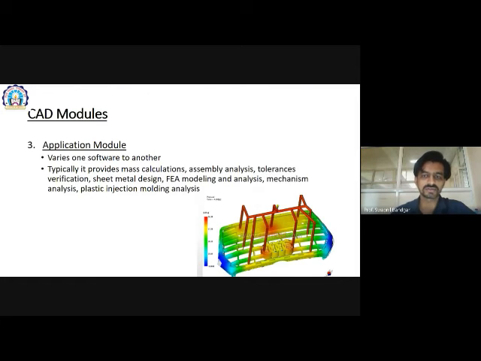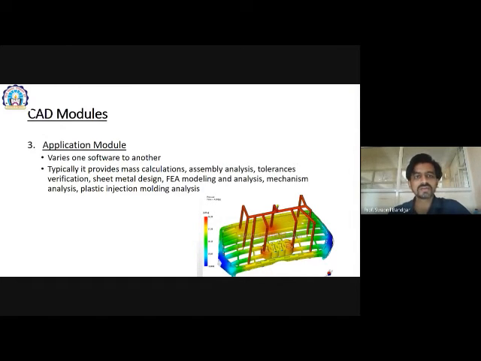Then the third is the application module. Now we make a module, and we have to apply or use it in different software, so that module should be incorporated in our CAD tools.